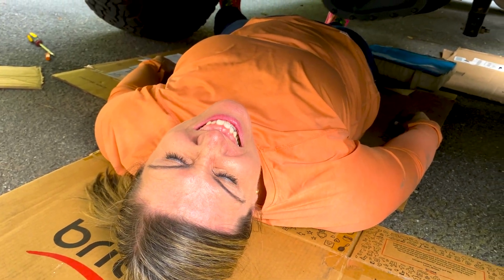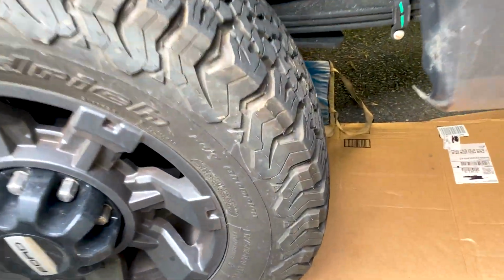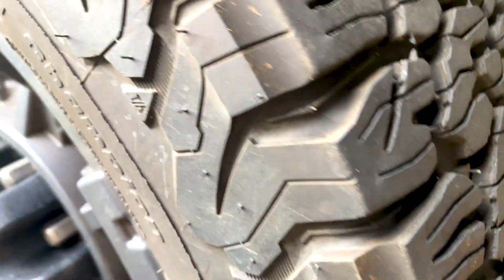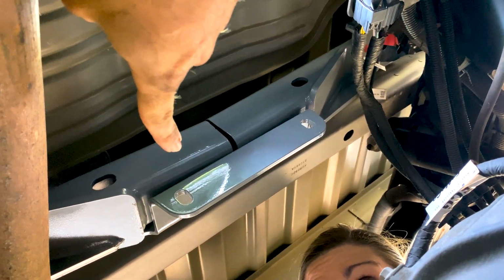My arms hurt. So we didn't really video this part because it was really difficult. It took both of us. So it was individual cross members that are going to hold up the box. Let me see if I can show you. So there's my beautiful wife. So we have these two, can I show you over here? Yeah, okay, good. These two cross members go to each of the plates that we just put around the frame,